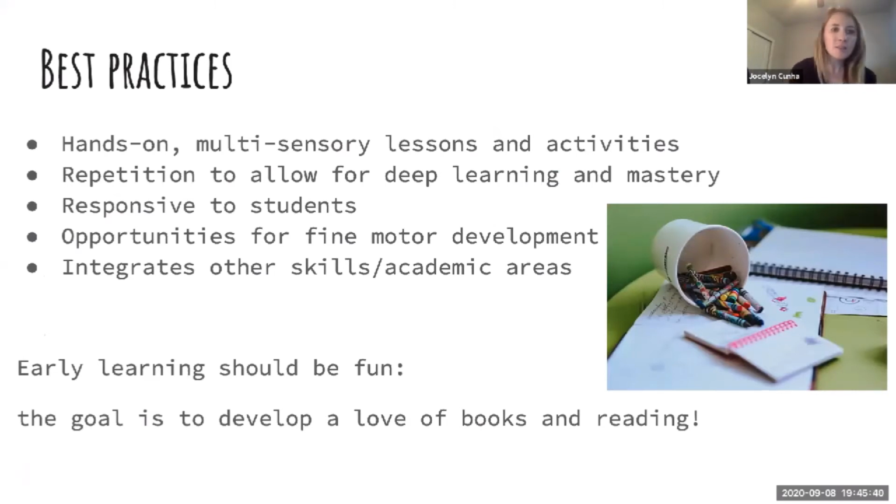There's lots of best practices in literacy instruction that come from a lot of research on how the brain works and how kids learn and retain information. What the research shows is that lessons that are hands-on and multi-sensory are the best for kids to ingrain ideas into their long-term memory. So if we have 3-year-olds and 4-year-olds starting to learn letter formation, they might learn by